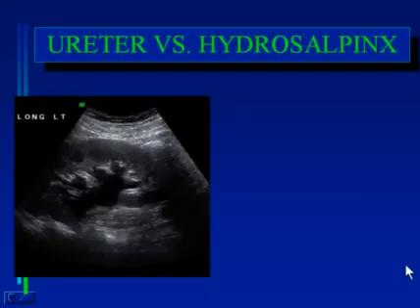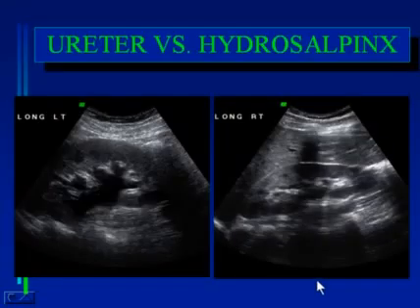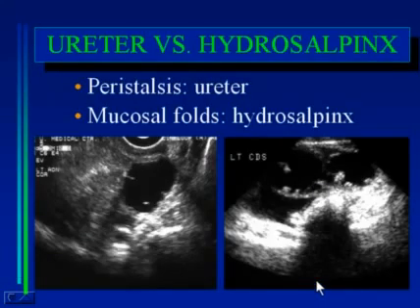And sure enough, when one scanned up in the flanks, there's pelviectasis in this left kidney. The patient has both a dilated upper collecting system as well as a dilated distal ureter, but the right kidney has no pelviectasis. So clues to ureter versus hydrosalpinx include peristalsis of the ureter, and a hydrosalpinx often has